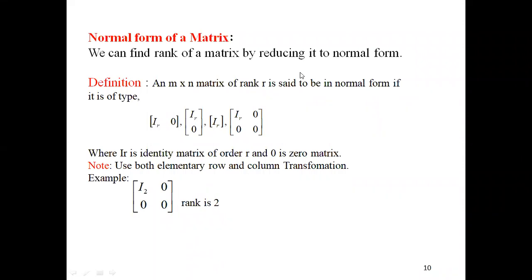Now, instead of going to row and column echelon form, we are going to see a normal form. There is a huge difference between row echelon form and normal form. And an important point: in examination, we may ask you to find the rank by using normal form. That time you need to use only normal form. If the question is just to find the rank, then you can use the definition, row echelon form or normal method. It totally depends on you. So in today's lecture, we are going to see what is the normal form of a matrix.